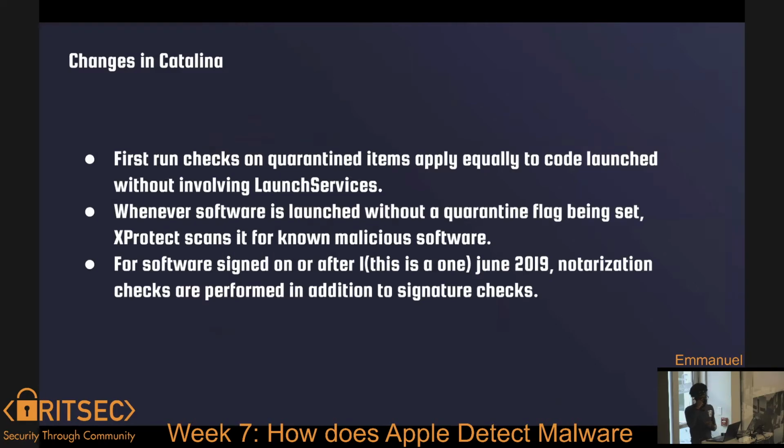But according to an article I read, the change is that no matter where, whether the application has a quarantine flag or not, it's always going to run XProtect. This is the first time. So if you first download the application, it doesn't matter if you have the quarantine flag or not, it's always going to run XProtect, because if you remember, in the previous version it just ignores it if the application is run from an unknown launch location, and it bypasses the XProtect check. But now everything runs. You can read that if you want to.